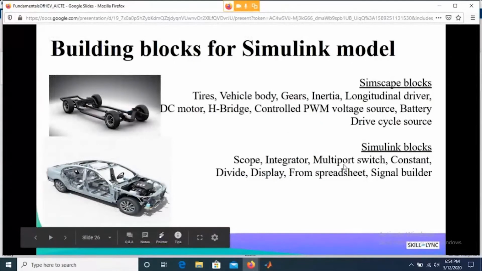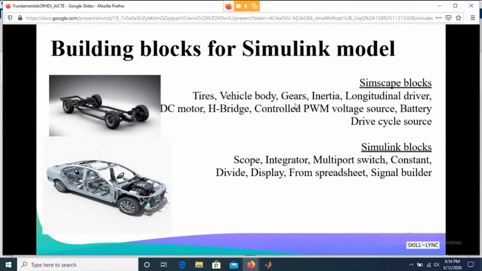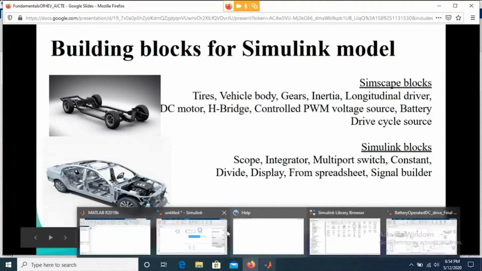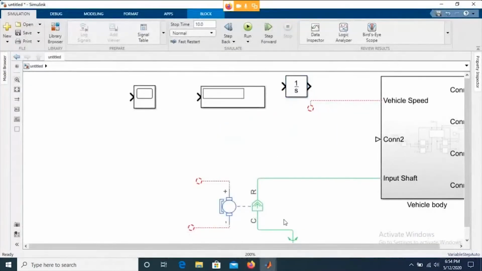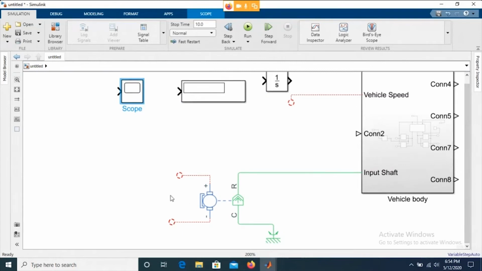So when I'm going to add the tires and the vehicle body, the gear and the inertia, I'm going to add the remaining blocks as well, right? So let me add all the remaining blocks which are required to create a vehicle model. And once you see the vehicle model, it's going to be a kind of, let's say, a mixture of all such blocks. It will never look like a vehicle, but it's going to represent the mathematical equations of an electric